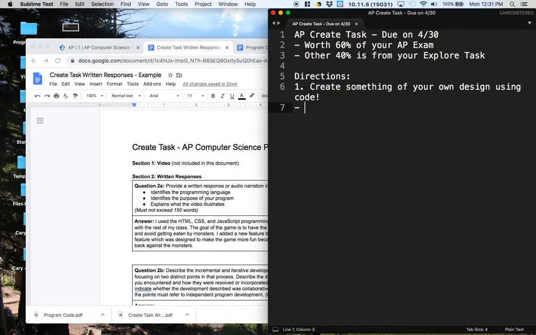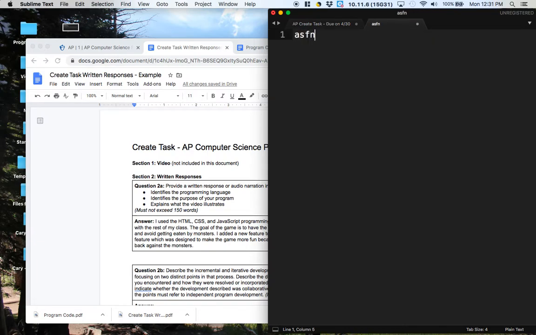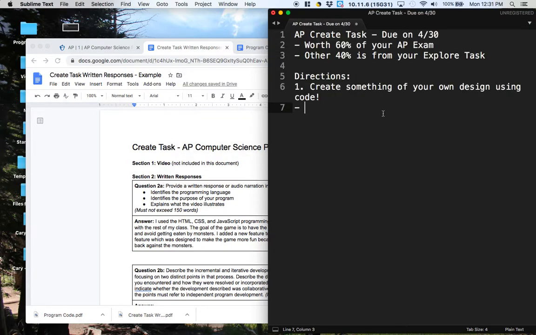So the two options that I'd like you to keep in mind is, if it sounds interesting, you can totally just start from a blank Sublime text page like this and start coding away whatever you want. So code from scratch on your own. An alternative to this that you could do is either using a video that you found online, somebody else's video, maybe one of our videos, or using a project that we completed together. Code an established project. So an example of that might be the game that we just did in Unit 7. So take an established project,